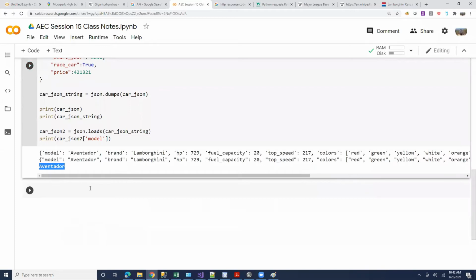Make sense? And the reason we are converting this back and forth is simply because on the web, everything is sent back as a sequence of characters, not even as a string. You just get a sequence of characters, and you have to convert that into a dictionary before you start using it like this in your code.